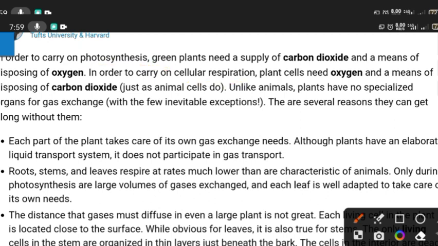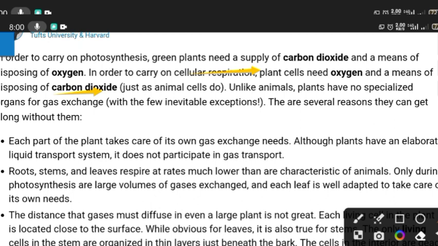Photosynthesis is a process in which green plants need a supply of carbon dioxide and they dispose of oxygen in this process. While the other process is cellular respiration, in which the plant needs oxygen and disposes of carbon dioxide. The cell respiration in plants is the same as the cell respiration process that occurs in animals, but